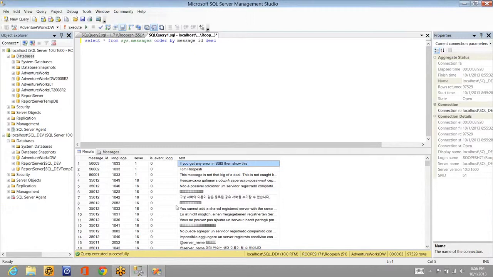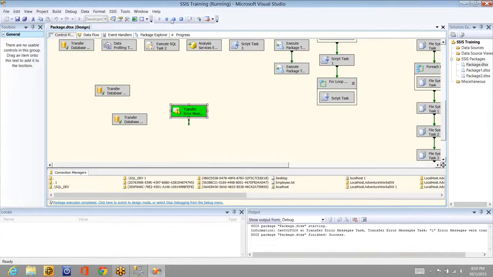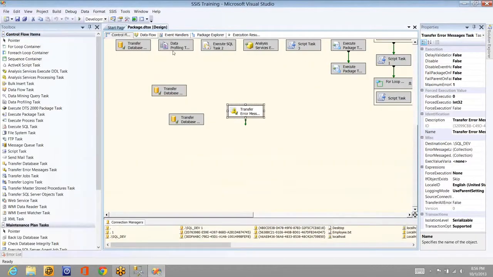Or else wherever you are referring to your error ID, okay, let's say you move database A from server 1 to server 2, and this database A is using some custom error messages like 50,003, 50,005, 50,007 and so on. In this new server, you will not find those error messages. So when you try to execute stored procedures, it will lead to some errors, right? It will search for that error message, nothing will be there and so on. So to avoid such confusion and issues, you have to move the error messages too. It depends on whether you have any custom error messages, user defined error messages or not. If there is, then you have to go for this task too. Okay, I disabled it. That means we are good with that.